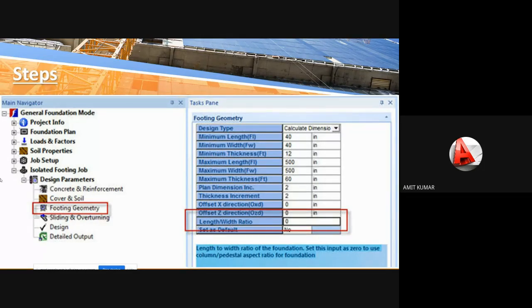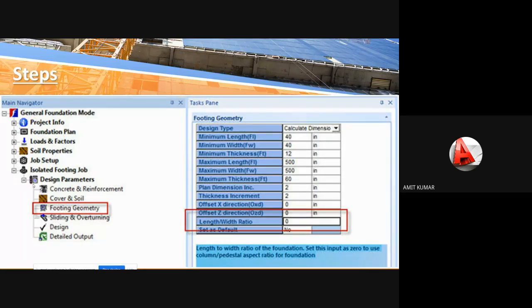And then after that, just click on the job setup. There you have to select your job type. As here, I just selected, you are seeing in this image, that the isolated footing job is created. So there you will get options: isolated, combined, mat foundation, pile cap, and polygonal methods also. So like this, you will have quite a few options there. Just select your job setup, which type of STAAD Foundation you are going to create.